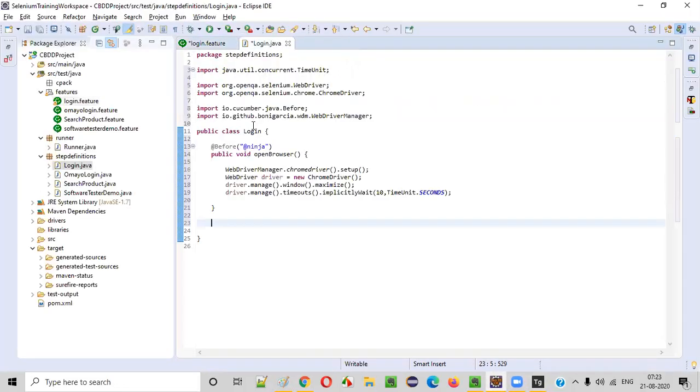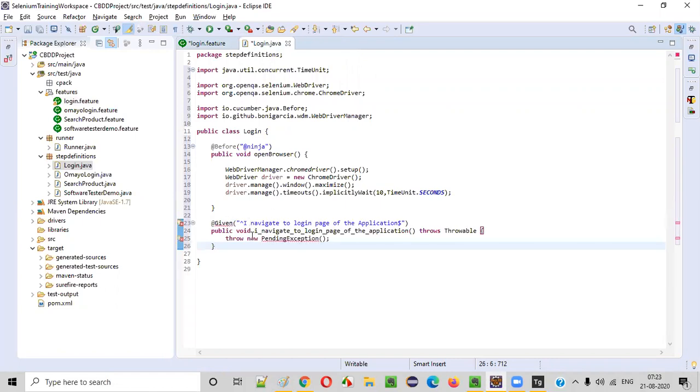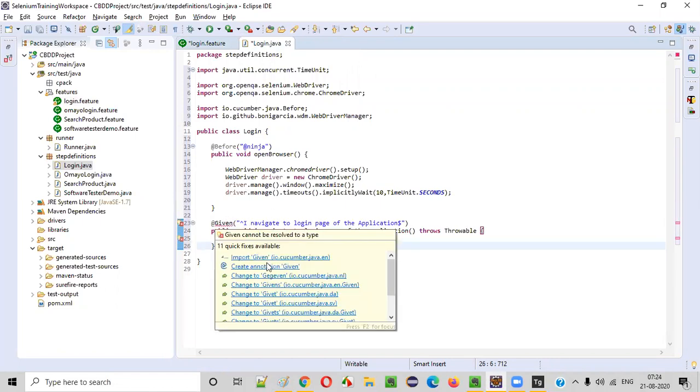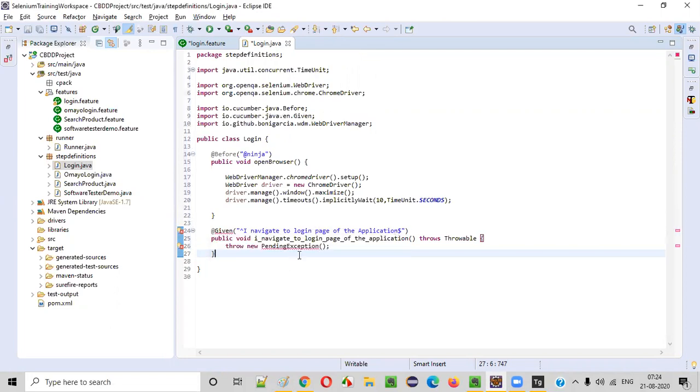Just to save your time, I'm using the plugin, guys, but if you want to practice, type on your own. Import Given like this. I navigate to login page of the application. Remove all this stuff, and here I have to say driver.get.